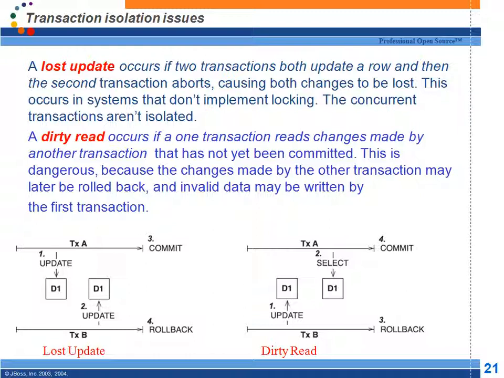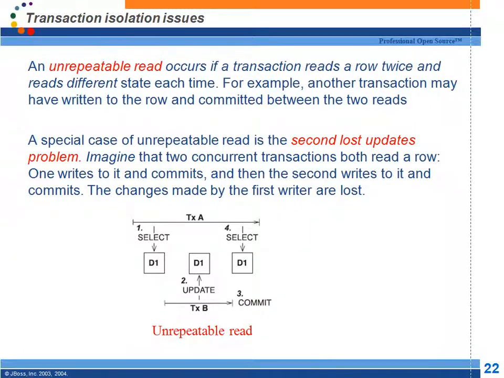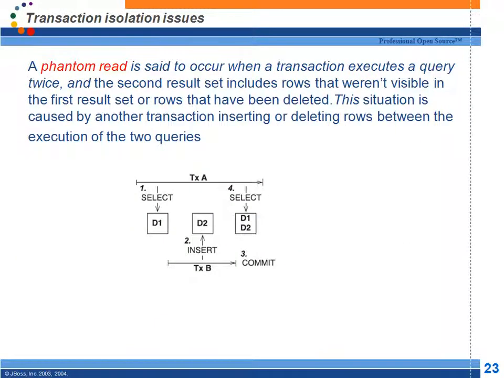This is something related to the database. We are not going to look in detail at all this. Just understand that the last update problem is one problem, dirty read is one problem, and also unrepeatable read and phantom read. These are the 4 problems which can occur when more than one transaction is concurrently using the same data set, right?